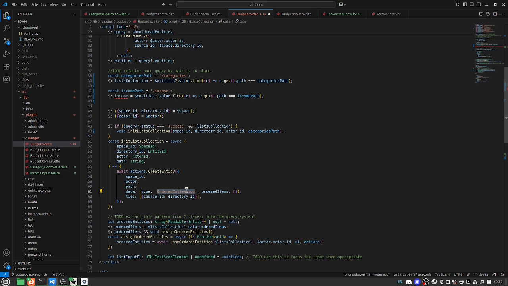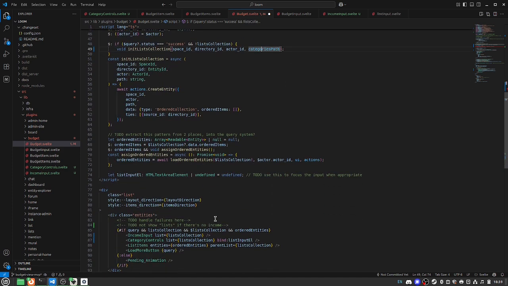So of course, when we're creating an entity, what do we need to know? What space is it being created in? Who is creating it? What is the path that it is being created at? Right? These entity paths. In this case, we're giving it our space, our directory, our actor ID, and the categories path. I will deal with some stuff around that later for income. I think basically when we get to probably this piece of code, but